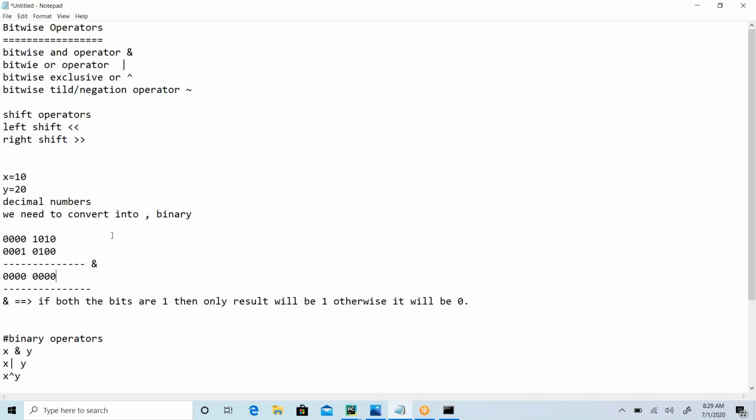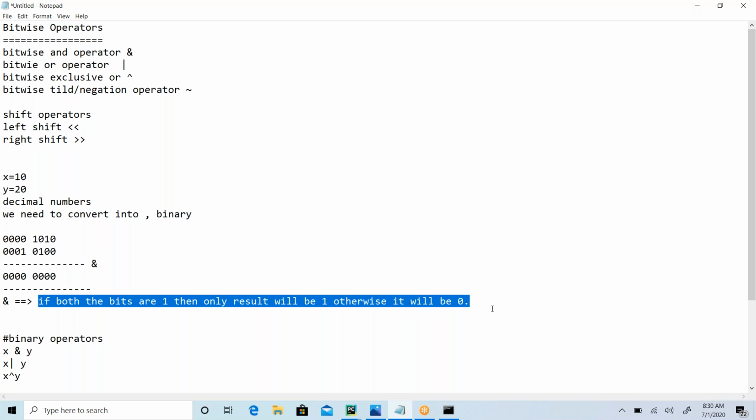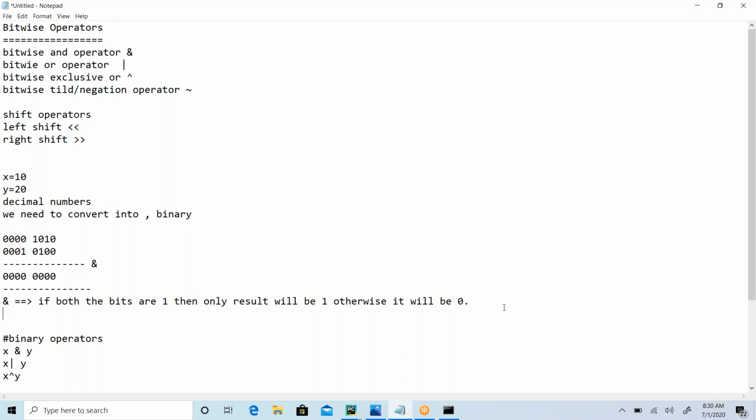Excellent. Yeah, Manikanda, correct. So the others, do you understand this? Do you have any confusions? So this is the point. If you remember this point, you would be able to answer. For the AND case, both the bits must be true, then only the result will be true. Nothing but, if you assume that 1 is true and 0 is false, if both of them are true, then only the result will be true.